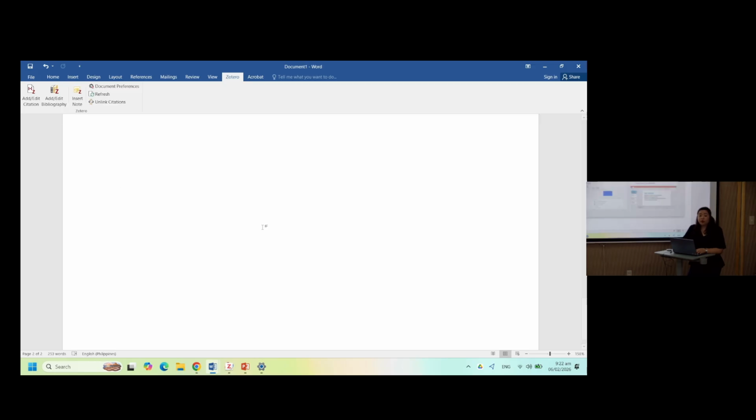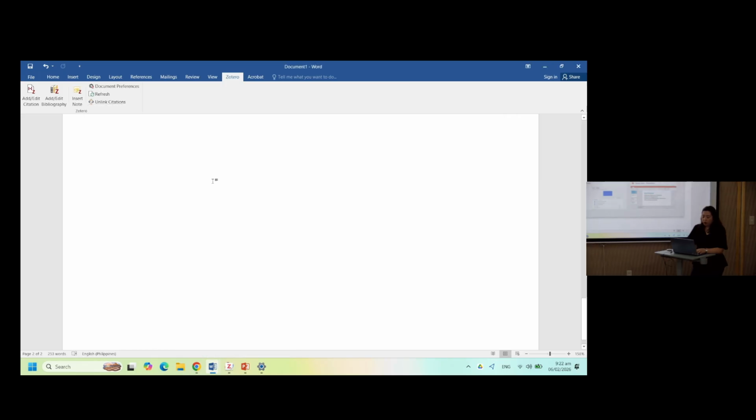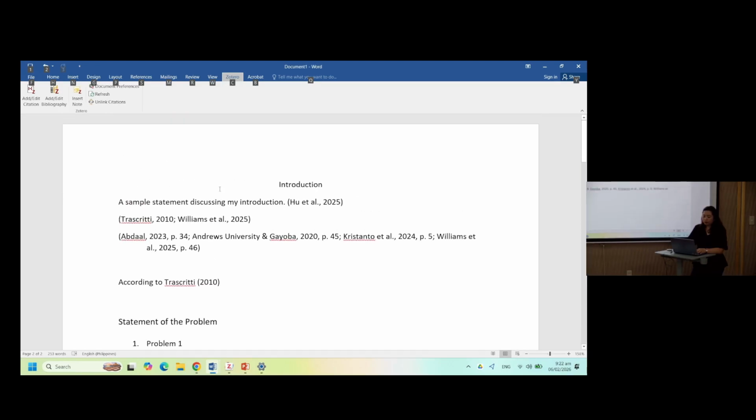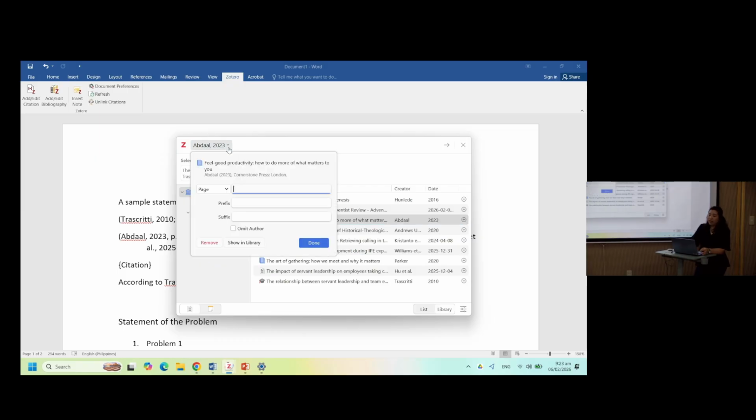With the page number, okay. With the page number, same thing, you just Add Edit Citation. You can select an item there, and then click on the item you selected. Then you just add a page number.